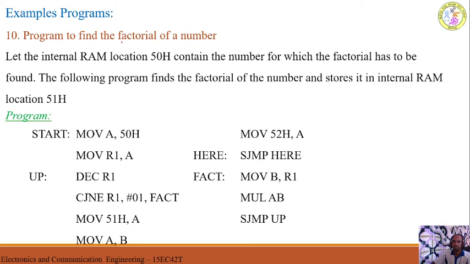You know how to find out the factorial of a number. Factorial of n, that is nothing but n factorial, we need to find out. So consecutively decrement and keep multiplying the number until the number becomes 1.